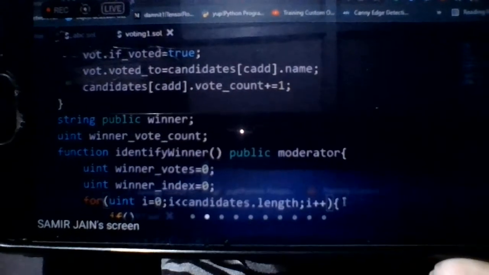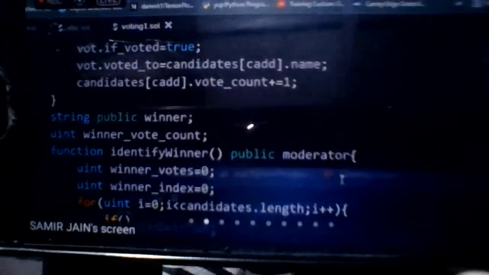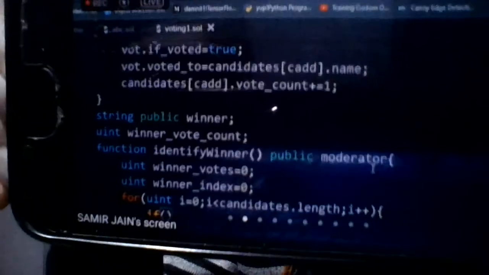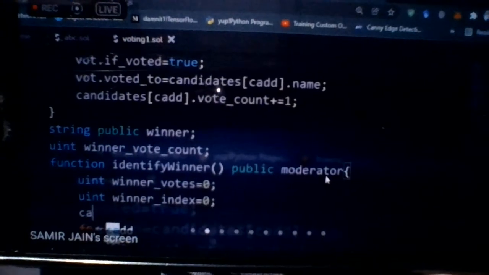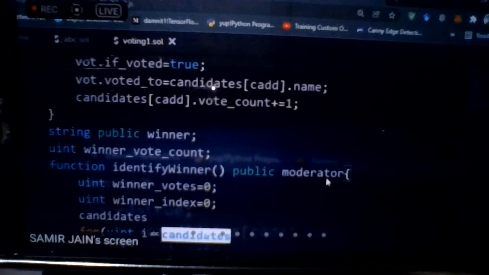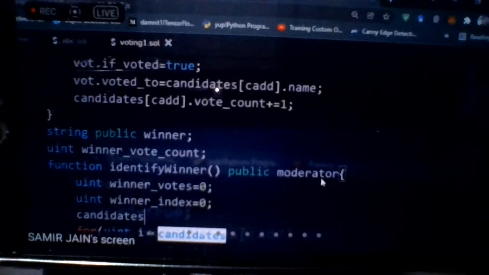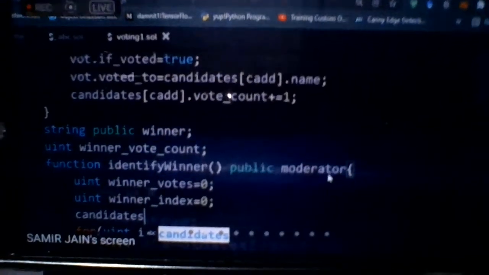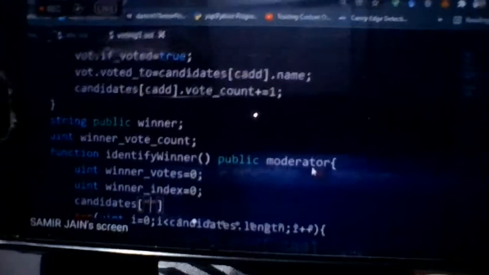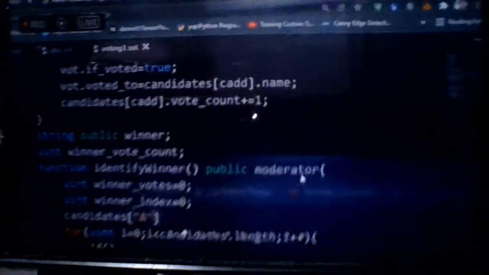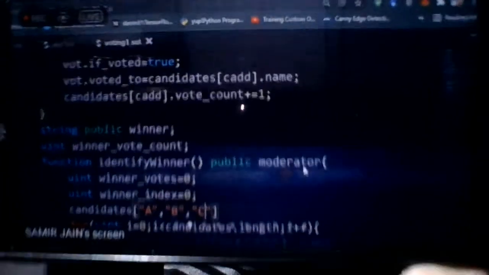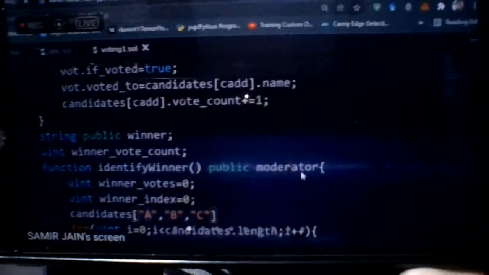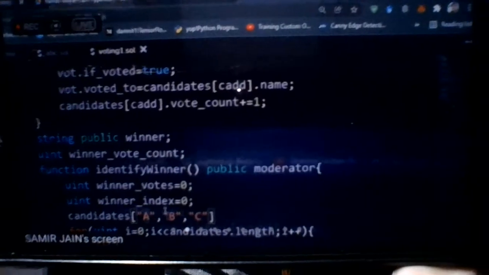Suppose there are 3 candidates, so there will be an array of candidates. That array has some person A at the first position, B at the second position, C at the third position. Every person has some index value. So this is the 0 index value, this is the 1 index value, and so on.